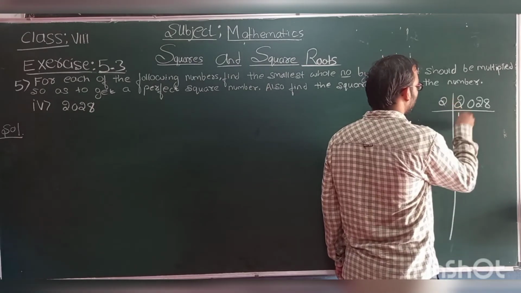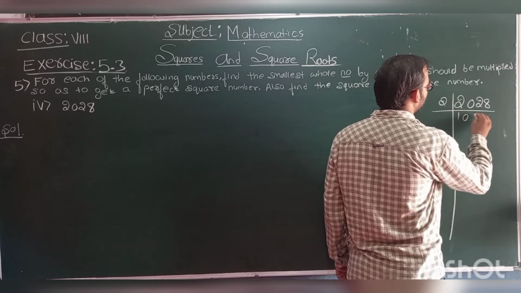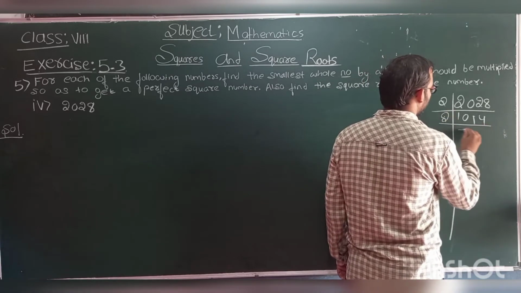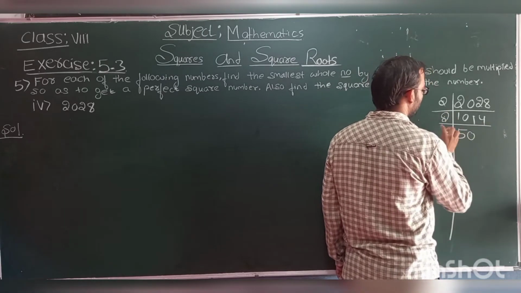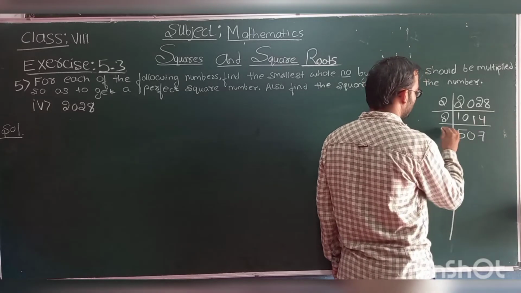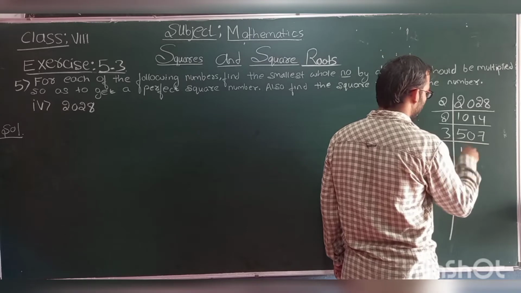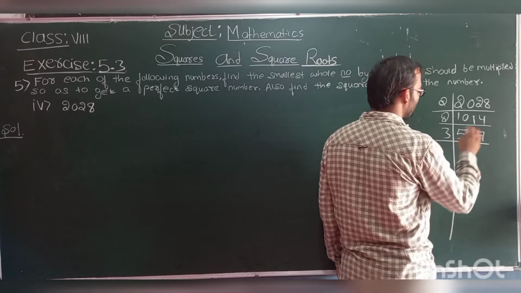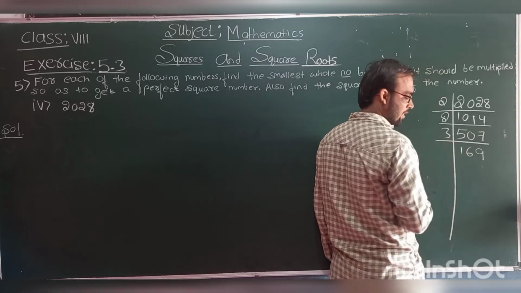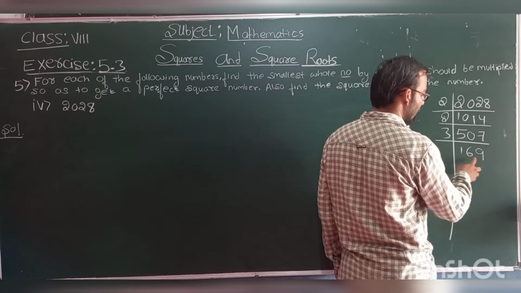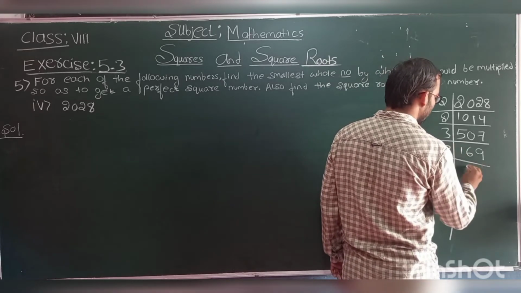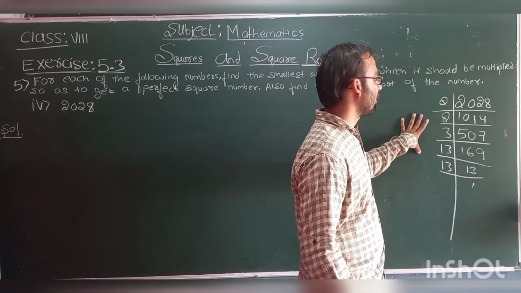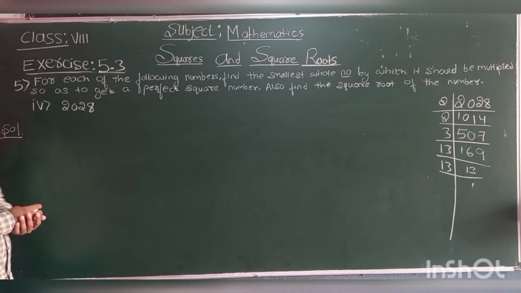Look at here, 2 1s are 2, 0, 2 1s are 2, 2 4s are 8. Okay, next 2 5s are 10, put here 0, 2 7s are 14. Next 3 1s are 3, 2 remains, it will become 20, 3 6s are 18, 2 remains, it will become 27, 3 9s are 27. Now it is divisible by 13. Okay, why? Because it is the square number of 13. So 13 13s are 169, 13 1s are 13. Okay, so these are the factors of 2028. Now we write the factors of 2028.